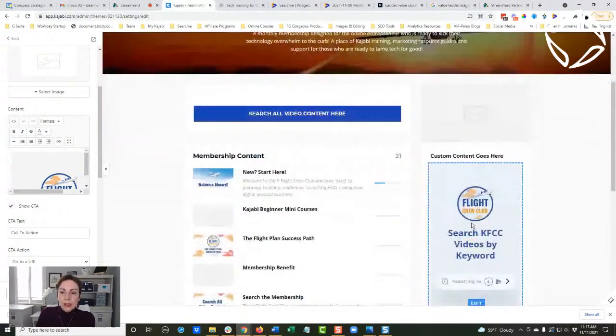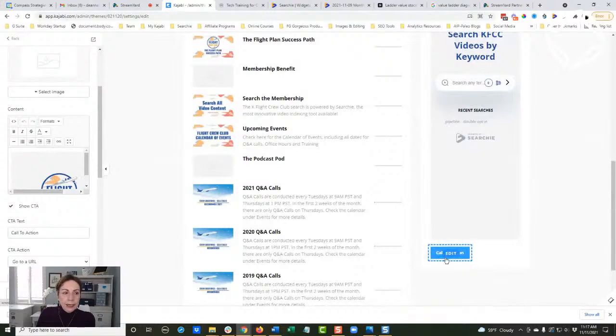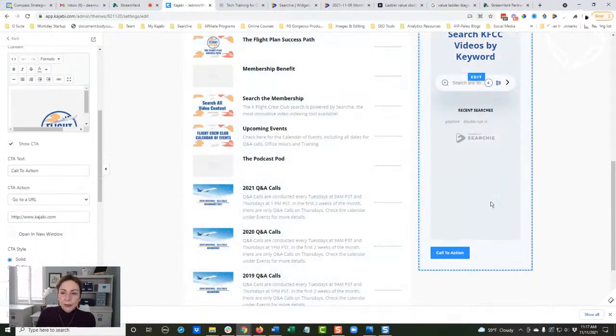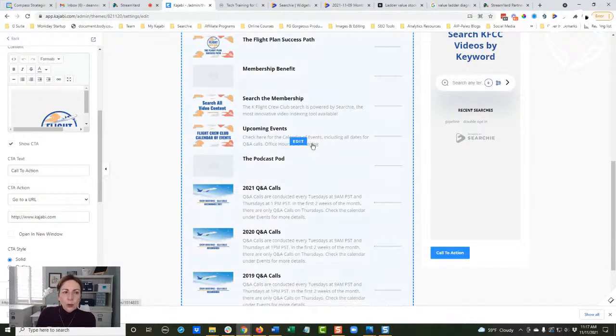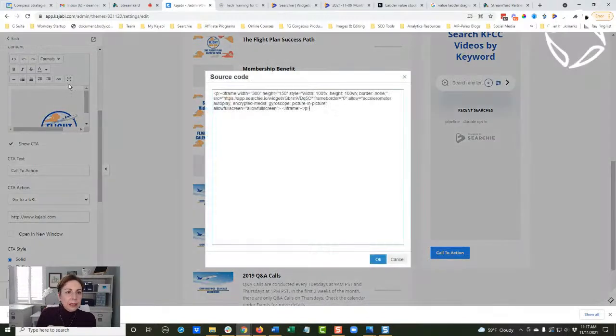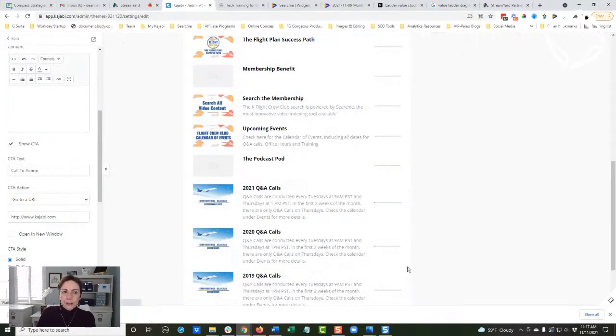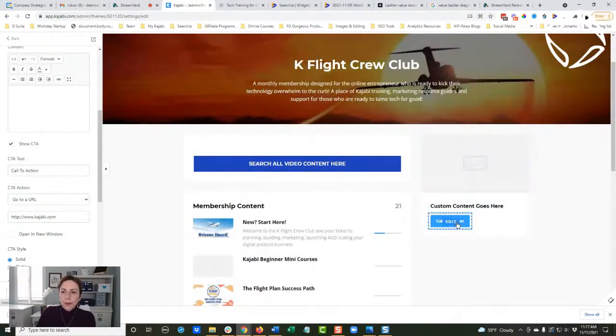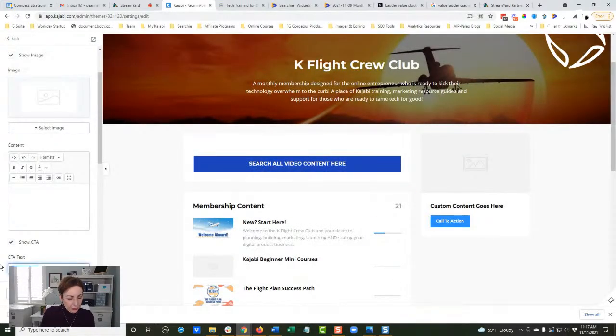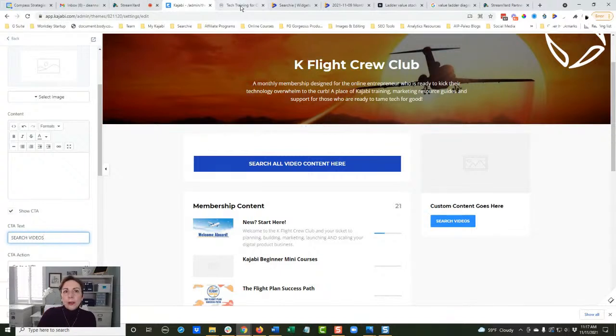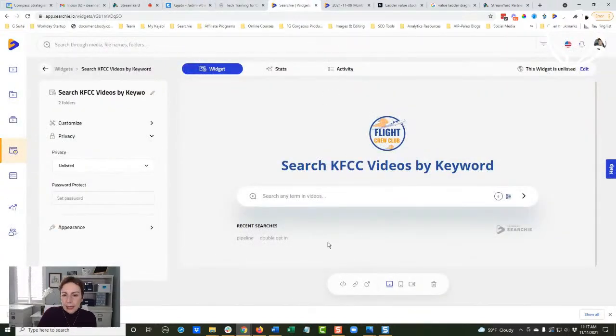I could also do this call to action button right here. And in that call to action button, without using this as embedded, let's just get rid of the embed and save that. So now we just eliminated that, but we've got this call to action. I could say search videos right here. And this is what's super cool: under Searchy, if I click this embed code